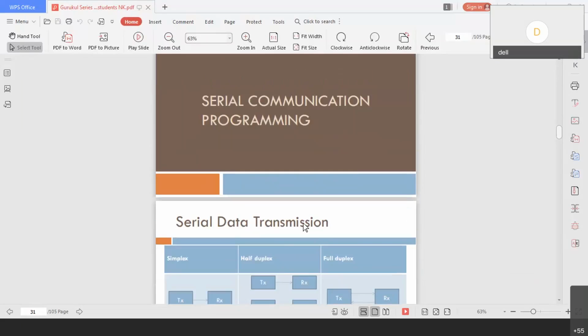First of all, what is communication? It is a method of sending information from one point called source to the other point called destination. In serial communication, generally source and destination are very close. Now, one question may be rising in your mind: sir, where do we use serial communication? My dear students, serial communication is used everywhere nowadays. Examples are USB, Universal Serial Bus, pen drives, or your mobile data.